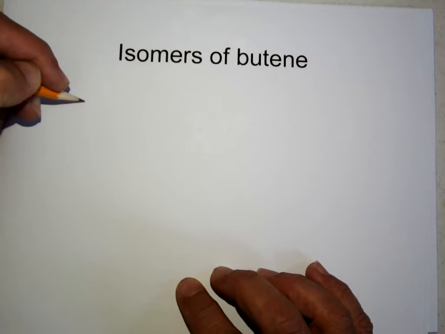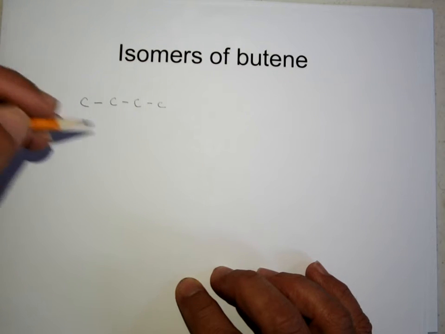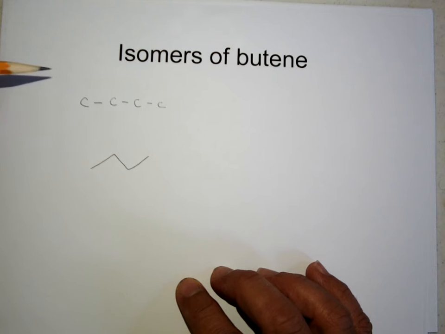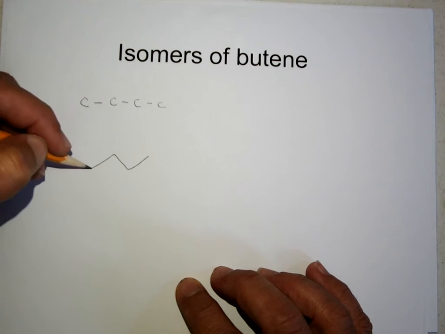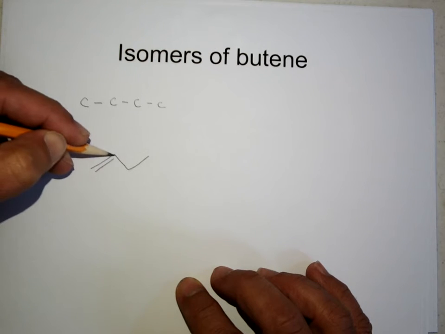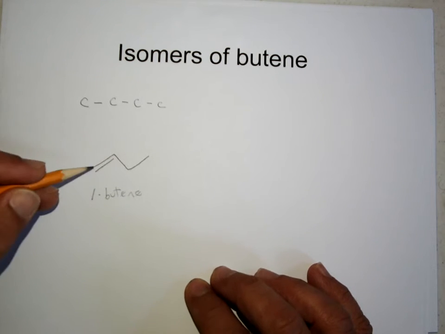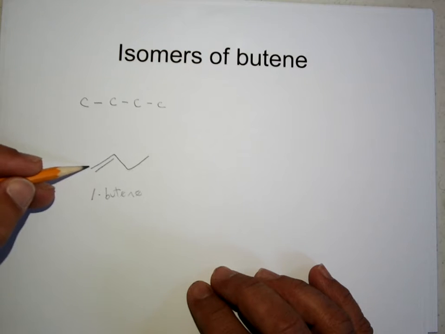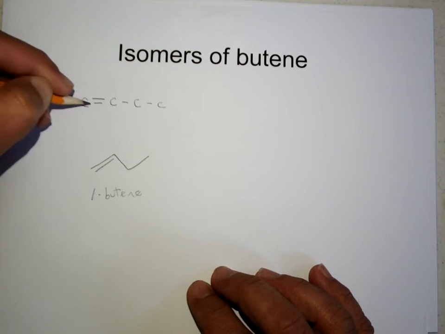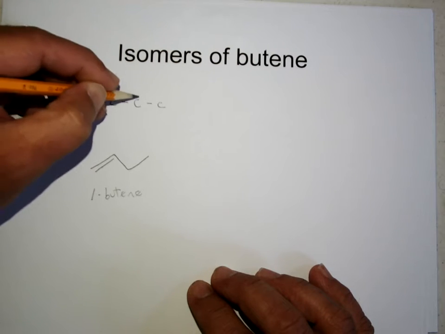because just looking at the skeletal structure, you put 4 carbons in a row, although I went ahead and started with the Lewis structure formulation where I put in the atom labels. If I go back to skeletal, like I said, I can put the double bond between the first 2 carbons. So this would be a 1-butene. And in this case, it doesn't make sense to talk about cis versus trans because there's only one way to construct the 1-butene. If I put the double bond in place and then fill the octets on the Lewis structure of all the carbons,